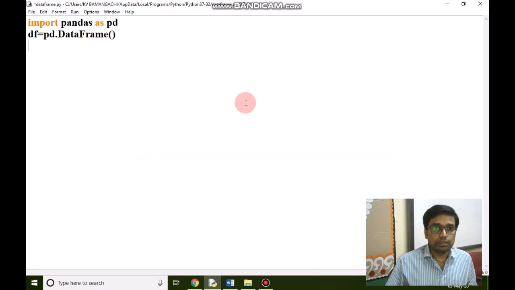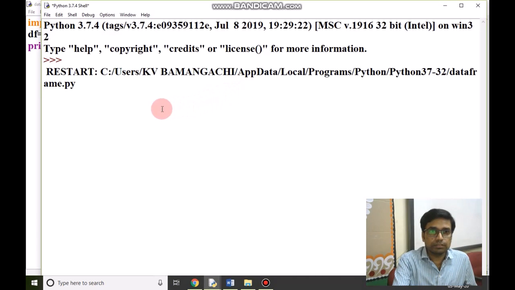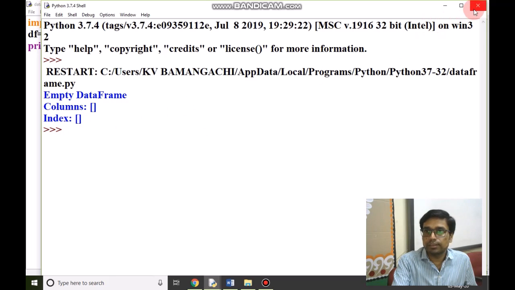So it is an empty DataFrame which can be printed with the print function as df. We run this program, we will find here: empty DataFrame, columns, values are null, index none. An empty list is displayed in both columns and index.